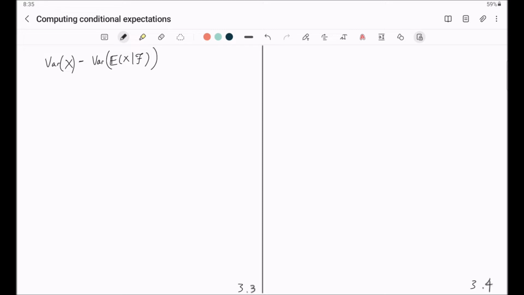Let's compute this difference. This is equal to